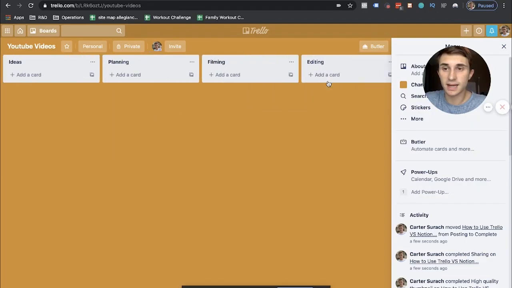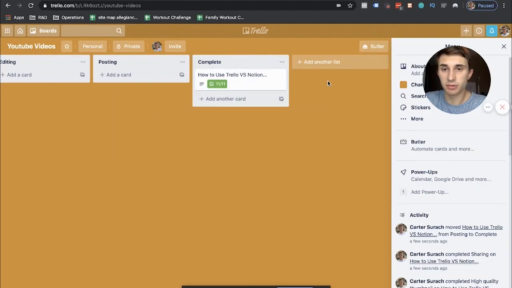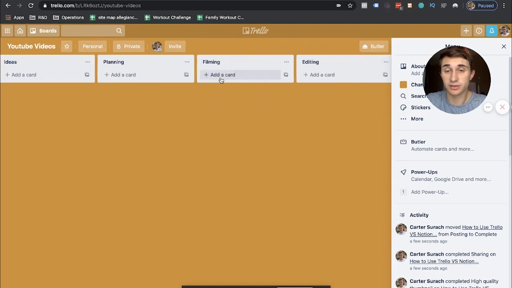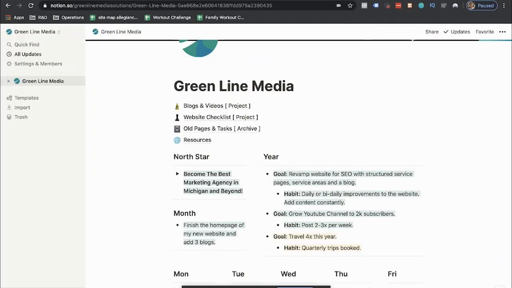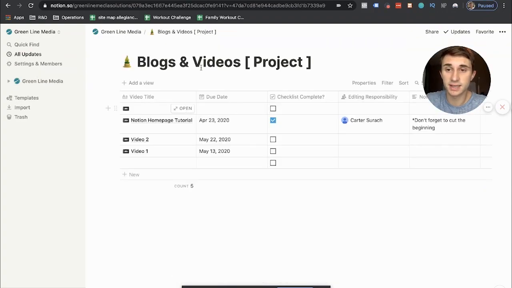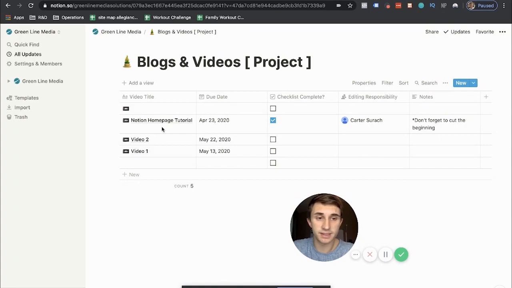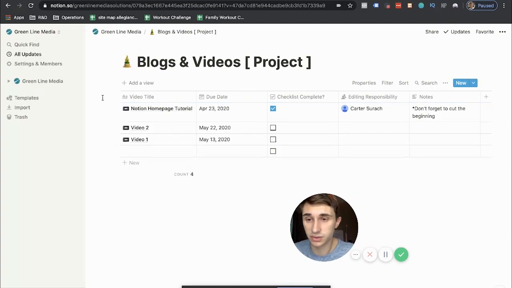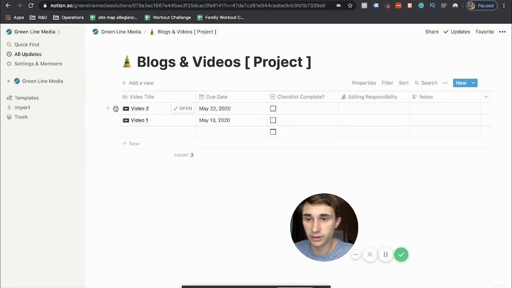All right, so that's how I would use it as a project management tool, and you can actually share these different tasks, you can add due dates to these different tasks, and this is actually a really solid project management tool. Now in Notion, you can do a very similar thing, okay? I'm gonna go to project, and here we have a very similar setup for tracking how we're doing on videos. So I'm just gonna delete all these out of here.